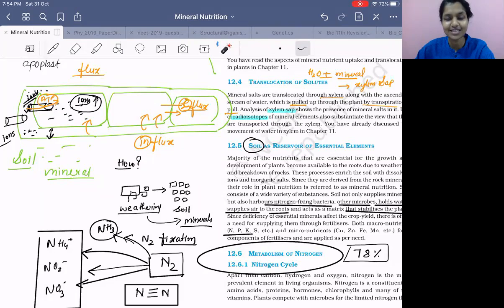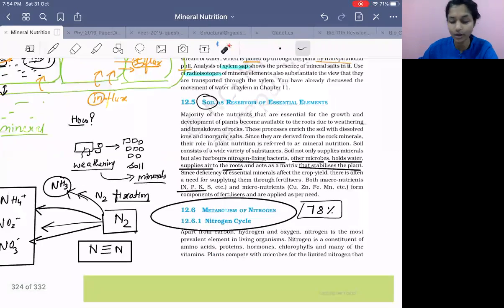Right? If phosphorus is lacking, potassium is lacking, nitrogen is lacking, depending on that, he will give what? The fertilizer. So in the market, fertilizers are available according to the requirement of the soil. In the market, medicines are available according to what disease we get. Similar to that, if the soil is lacking in the mineral, we have a lot of fertilizers out there in the market from where we can get it. Right? So we can combine macro elements and micro elements to make the fertilizer out of it. Okay?